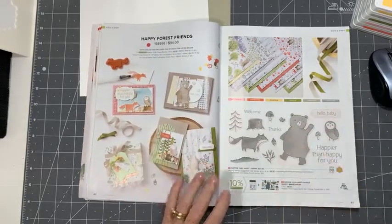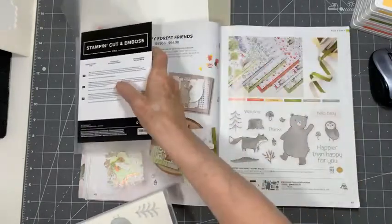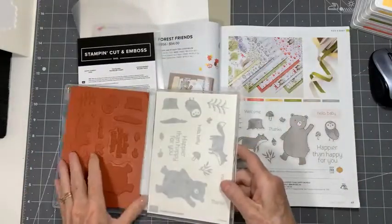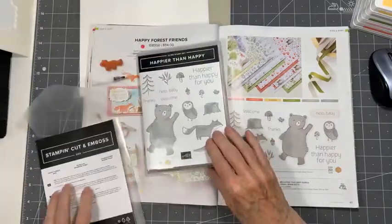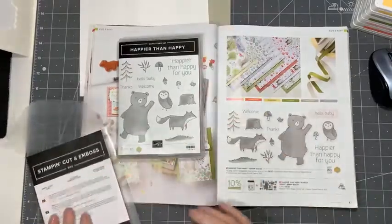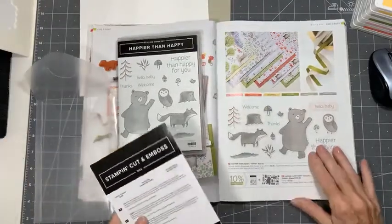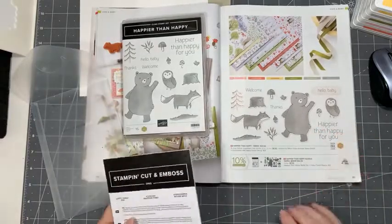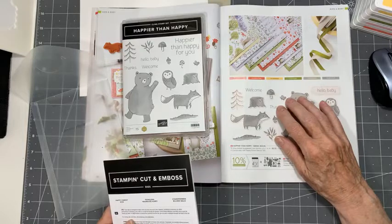I've got my stamp set. It is the rubber stamp set, so I'll show you how I mount those. The rubber stamp set with all kinds of fun stuff in there. And I also have my die set, which is amazing, absolutely amazing. When you're looking in the catalog, whenever you see